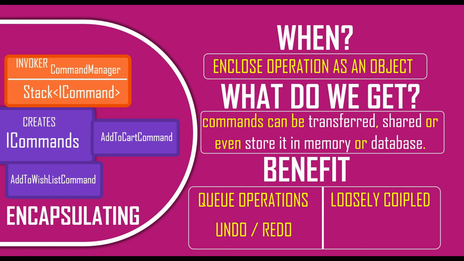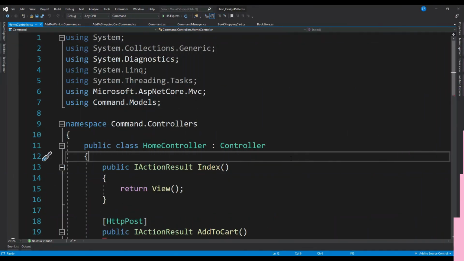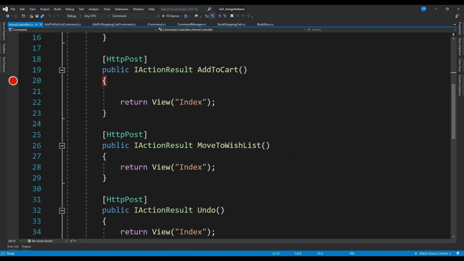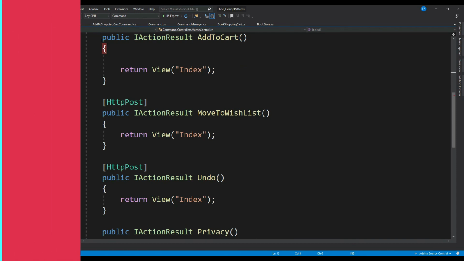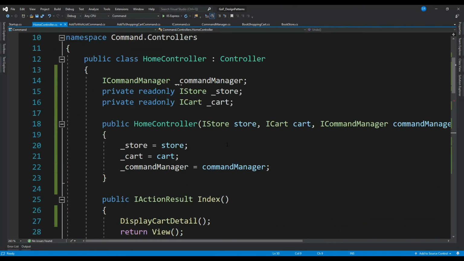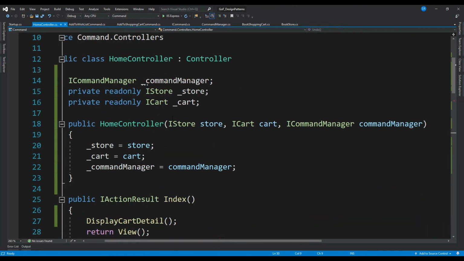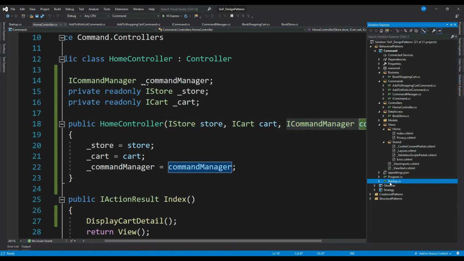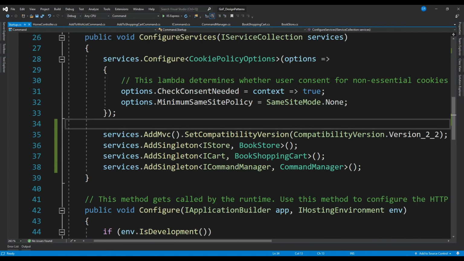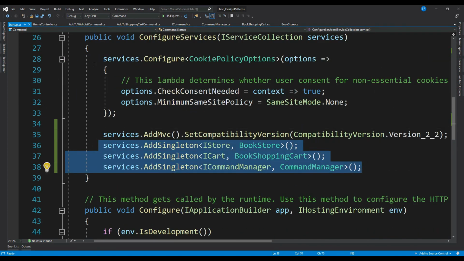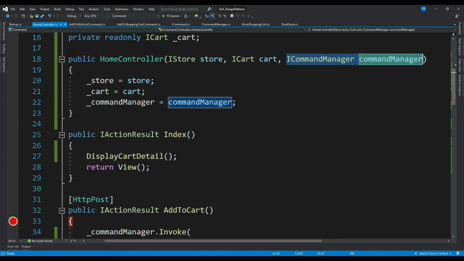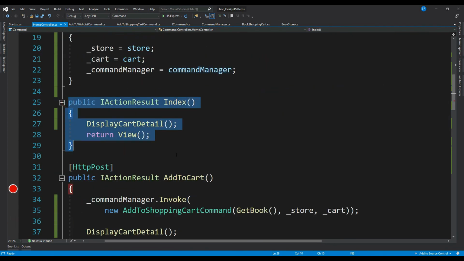Now let's go back and complete our application by implementing our action methods in the controller. So I'm injecting iStore, iCart and iCommand Manager here. These services have been registered in the startup class. In my index section, I am calling a private method display cart detail.